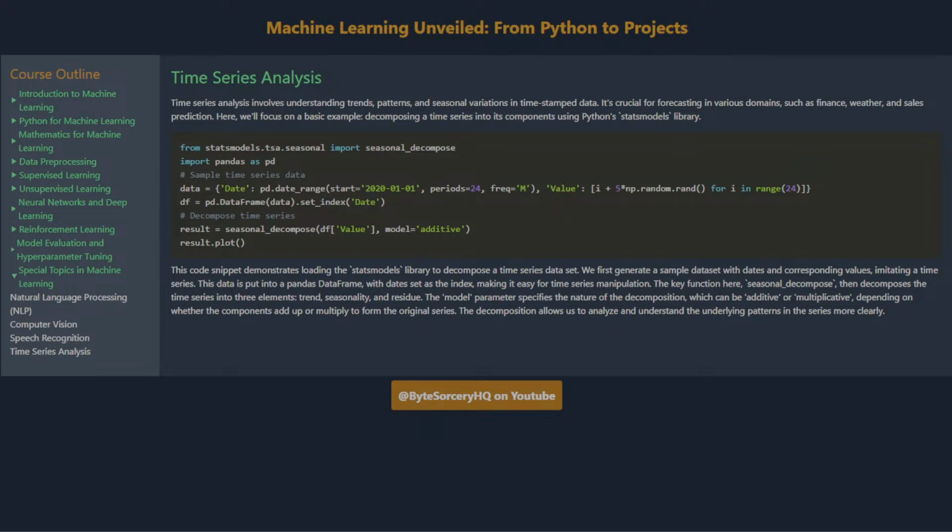This code snippet demonstrates loading the statsmodels library to decompose a time series dataset. We first generate a sample dataset with dates and corresponding values, imitating a time series. This data is put into a pandas DataFrame, with dates set as the index, making it easy for time series manipulation. The key function here